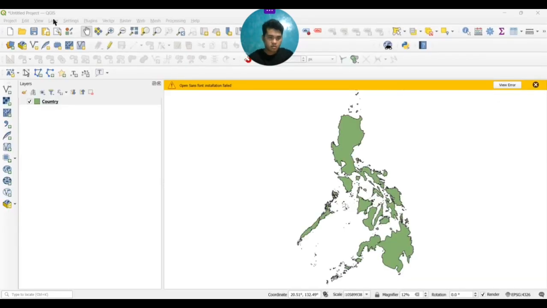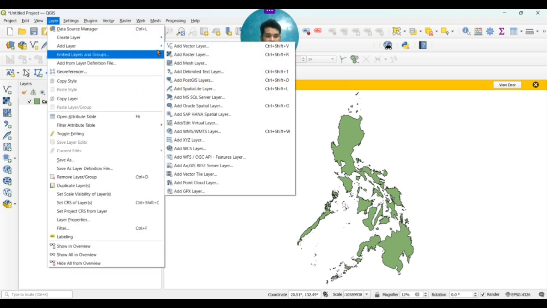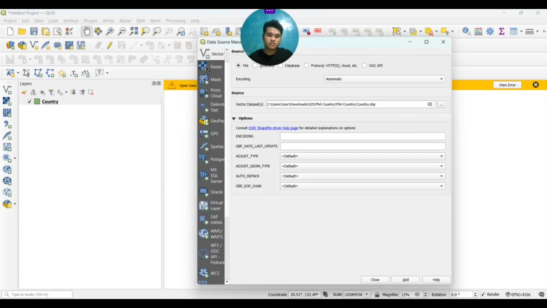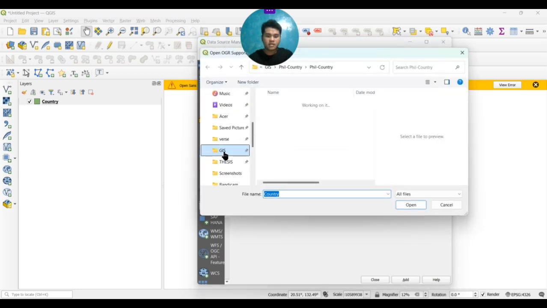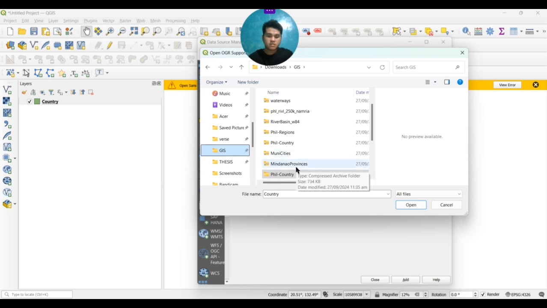Next part. Now we will go back to Layer, Add Layer, and Add Vector Layer. Click the vector database, just like what we did last time. In the GIS file, we are already done with the Philippine country file. Now we are going to the municipalities. Look for the municipalities file.